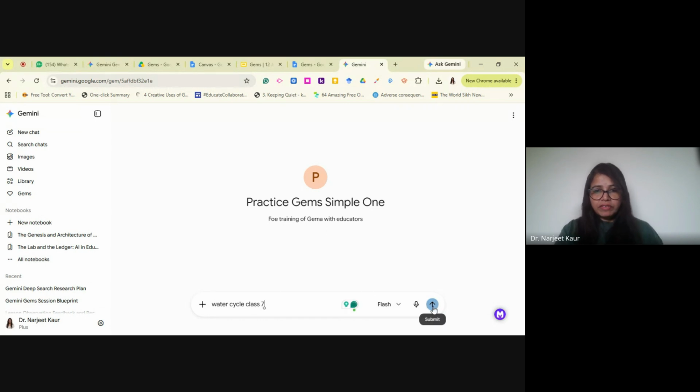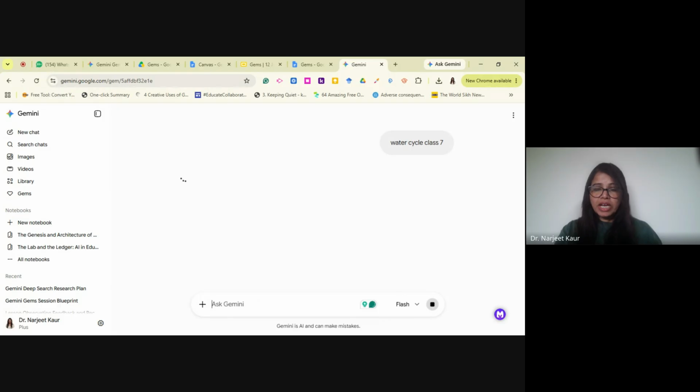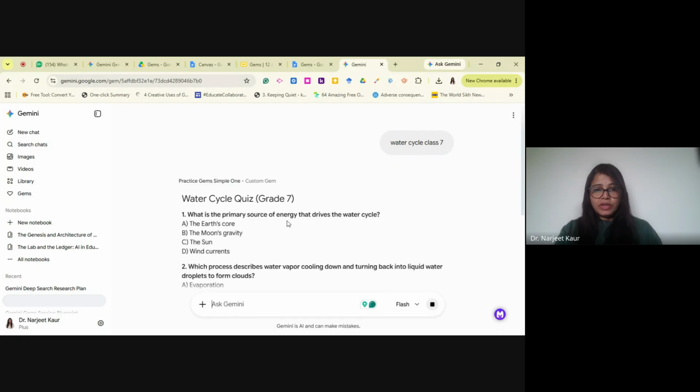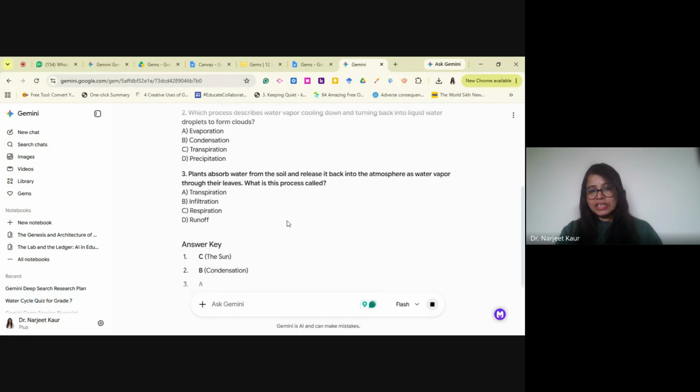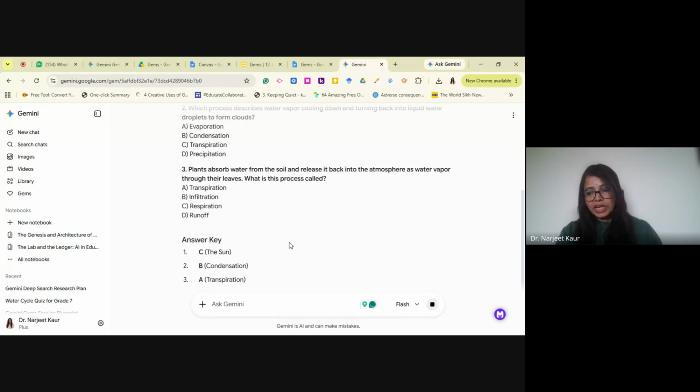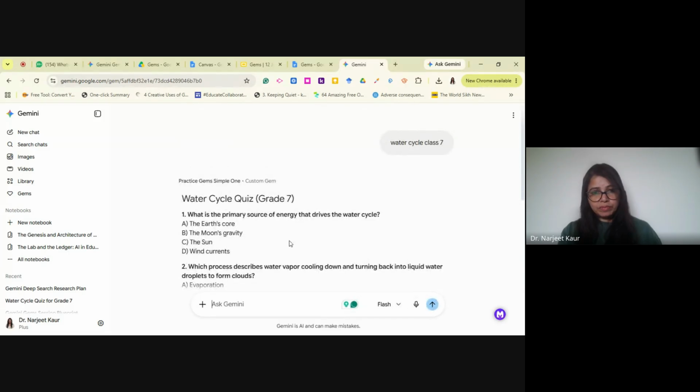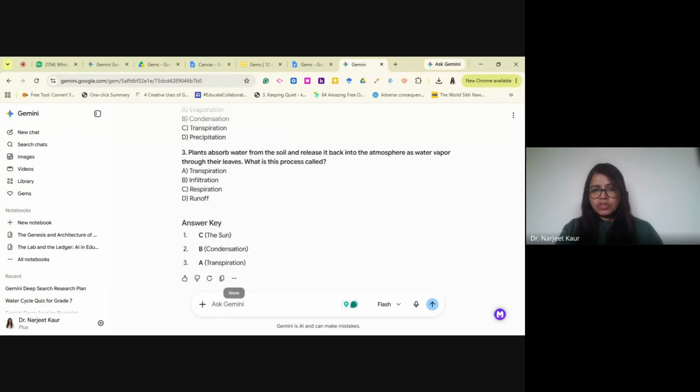I do not have to give any other instruction because I've already customized my gem. So it is instantly generating the quiz I had already talked about. Does that make sense? I can give it just 2 words. I haven't even defined anything because I already customized it, already made a gem. So let's say photosynthesis.